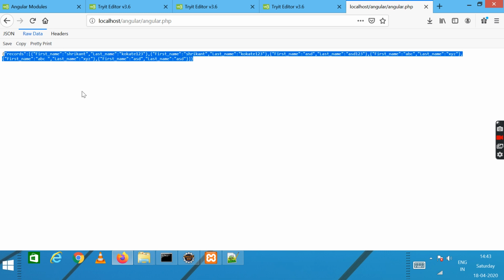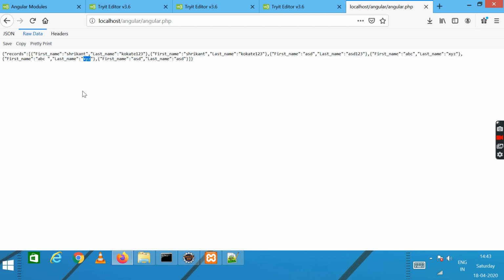So as this is raw data, this is printed using PHP itself, and it is server side. The front end part, the UI part, the HTML part does not understand the structure of this data. So this data needs to be present in the form of an HTML view, right? Maybe in a table structure, or maybe in a paragraph structure, or maybe in a list structure. Then the user can understand that data.